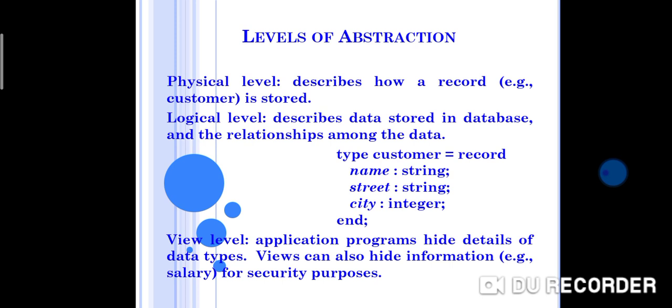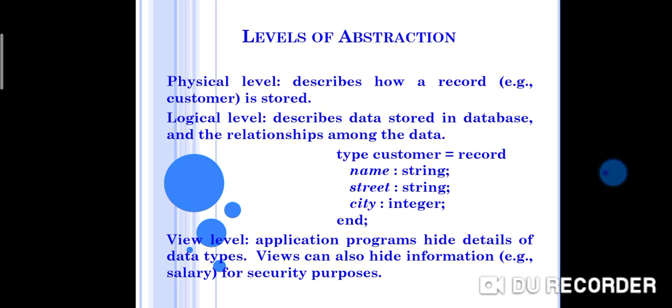Database systems are made up of complex data structures. To ease the user interaction with the database, the developer hides internal irrelevant details from the user. This process of hiding irrelevant details from the user is called data abstraction. It has three levels, that is, the physical level, logical level, and view level. The physical level is the lowest level of data abstraction. It describes how data is actually stored in the database. We can get the complex data structure details at this level.